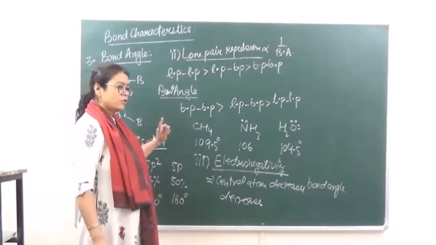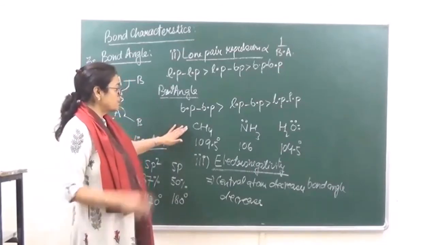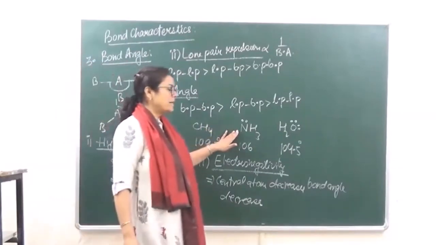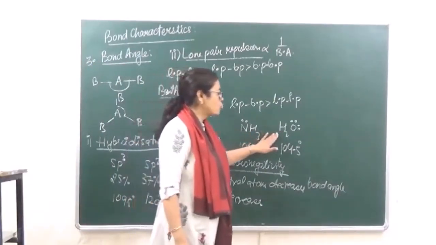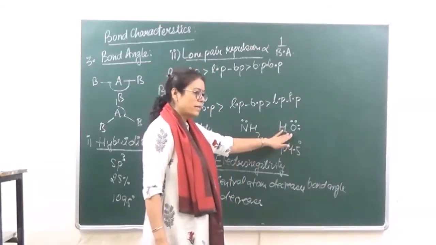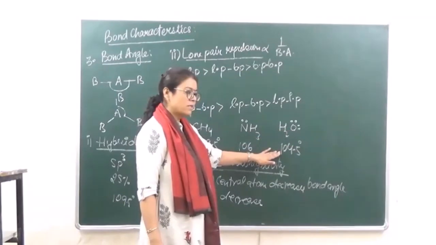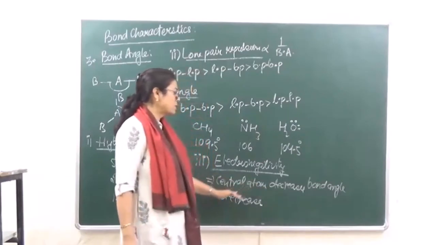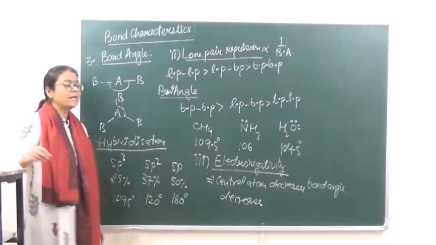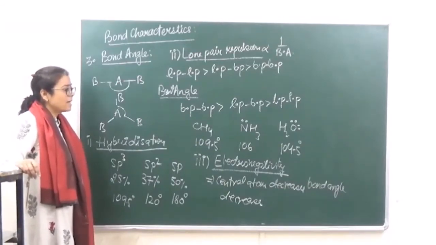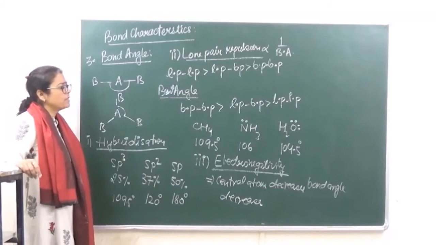Carbon is the least electronegative when we are talking of central atoms. So यहाँ पे CH4 में carbon is the central atom, इसमें अमोनिया में नाइट्रोजन is the central atom, और हाइड्रोजन में ऑक्सीजन is the central atom. Oxygen is most electronegative, तो उसका bond angle जो है वो सबसे कम है, right? So if the electronegativity of the central atom decreases, bond angle is also going to decrease. ठीक है? Now this example may not be appropriate because we are taking into account lone pair repulsions over here.